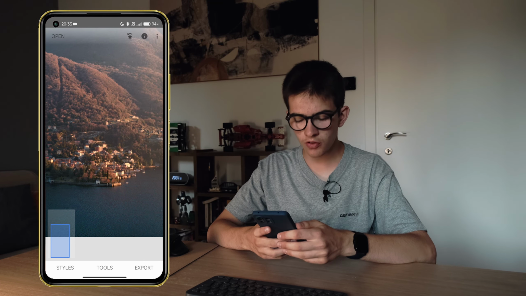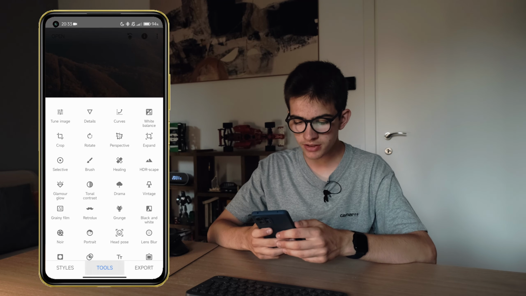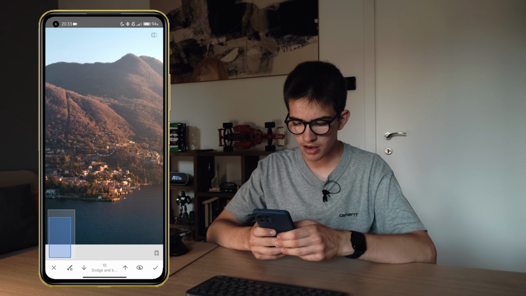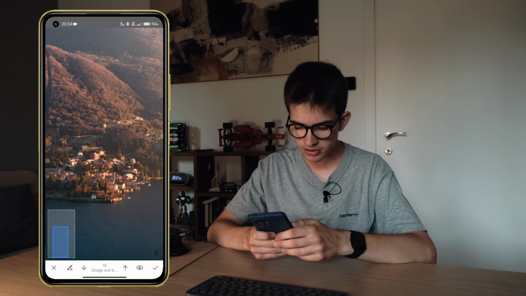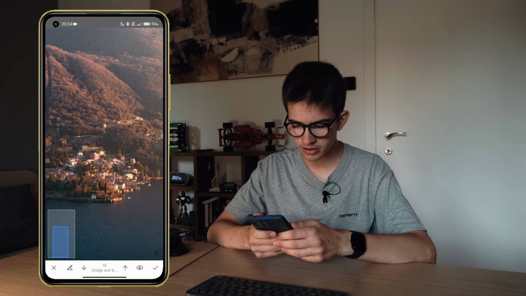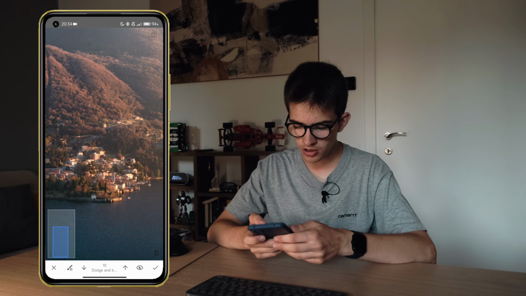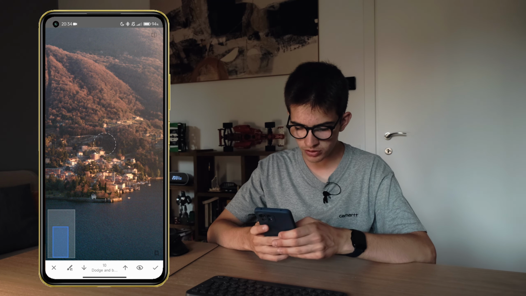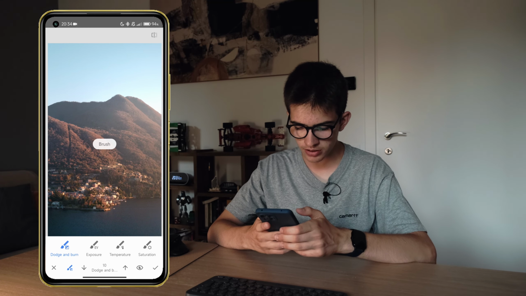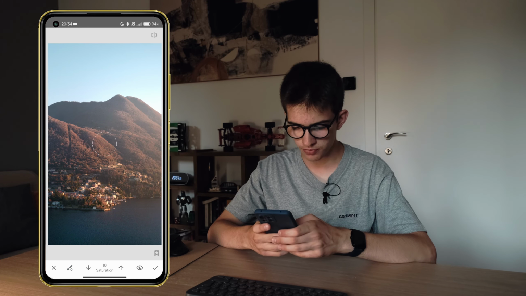So let's now move on to the brush tool. With this tool you can simply paint your pic, and for example increase the exposure, as you can see from here. In this case I'm increasing the exposure of the houses of this little village, but you can even work on the saturation, or on the temperature.